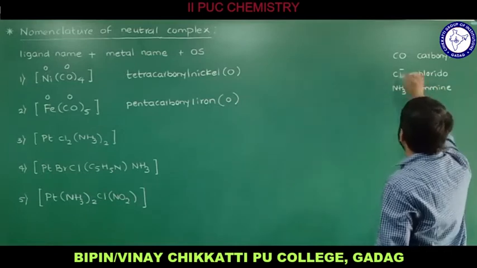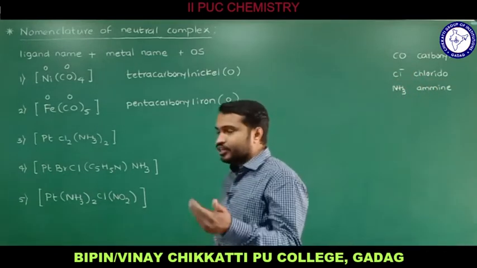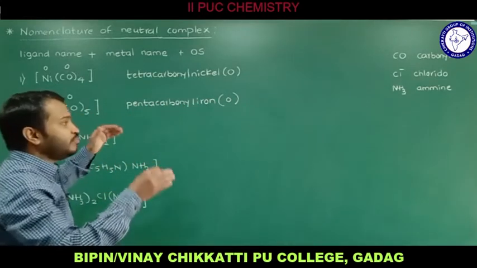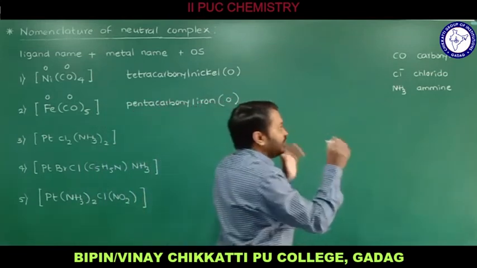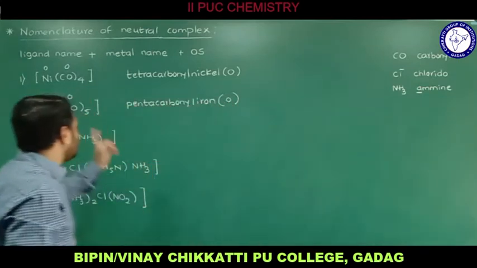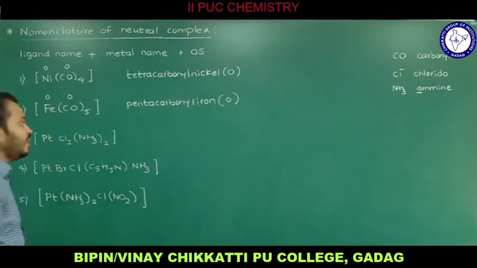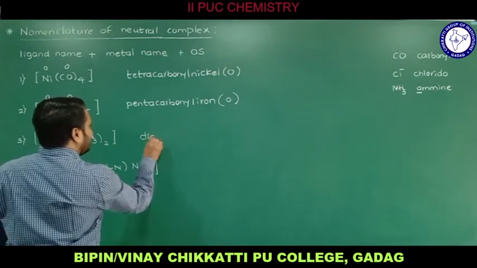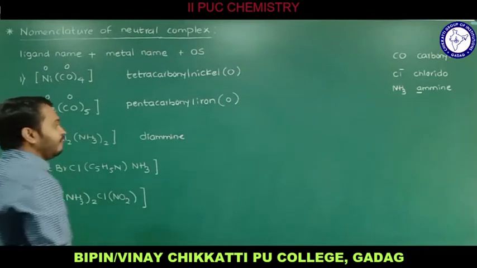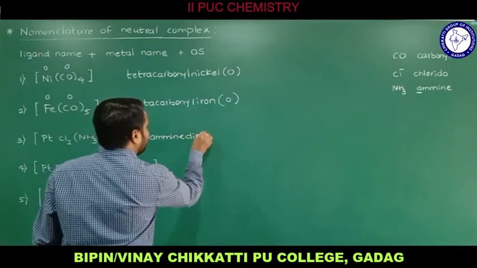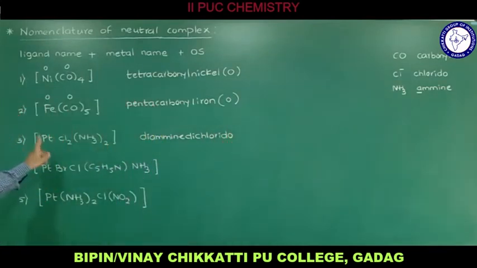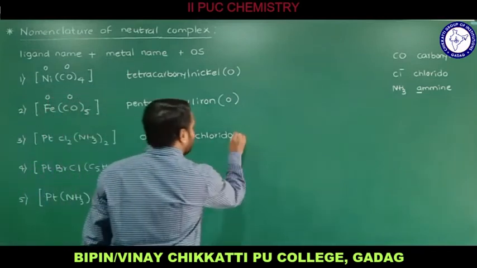So Cl minus, the charge will be 1 minus. NH3 is a neutral molecule, 0 it is. Now if we have more than one ligand, we are supposed to write the ligand names in alphabetical order. So between C and A, A comes first, therefore ammine I am supposed to write. But I have 2 ammine, therefore I am supposed to write diammine. Diammine. Next chlorido, how many do we have? 2 we have, therefore diammine, dichlorido, right? Diammine, dichlorido. Next we have Pt, so platinum,